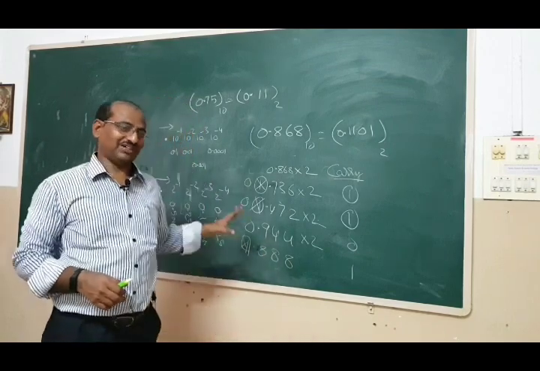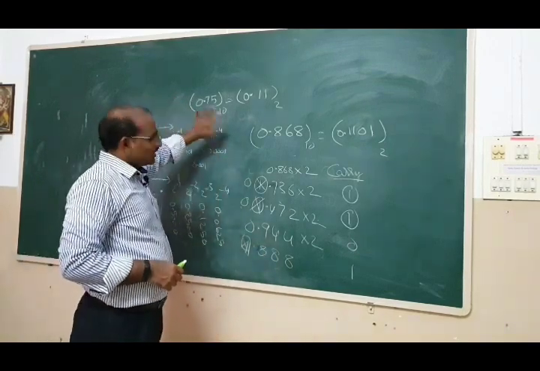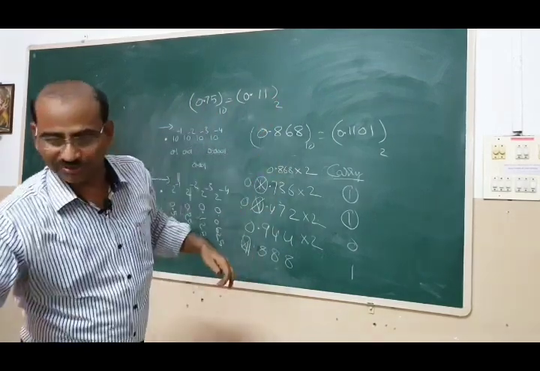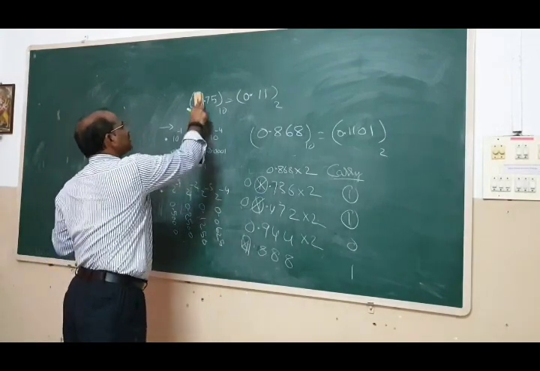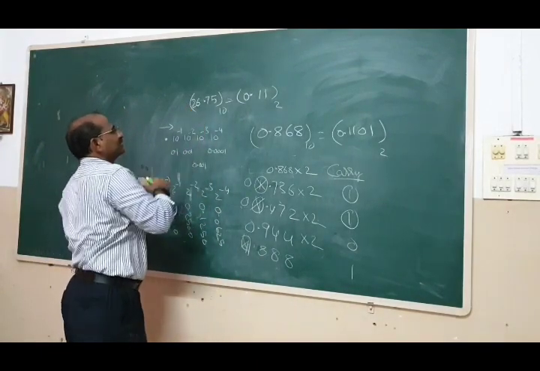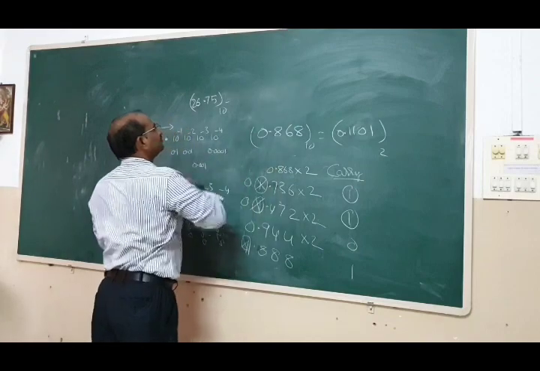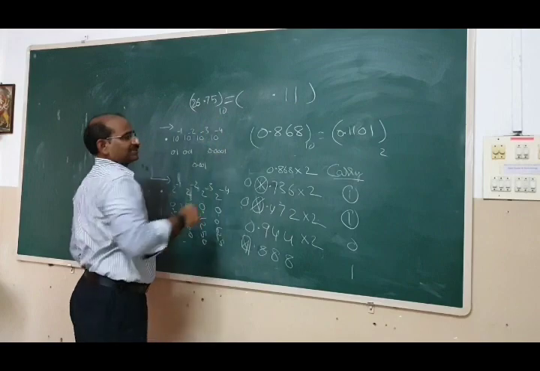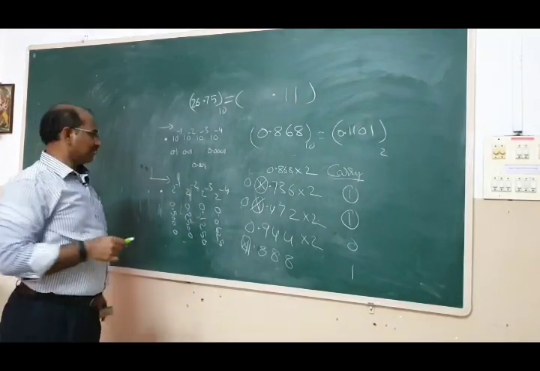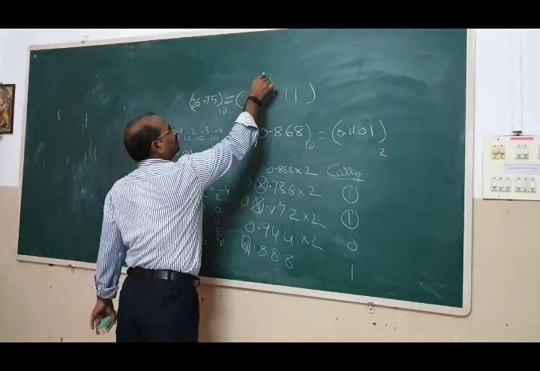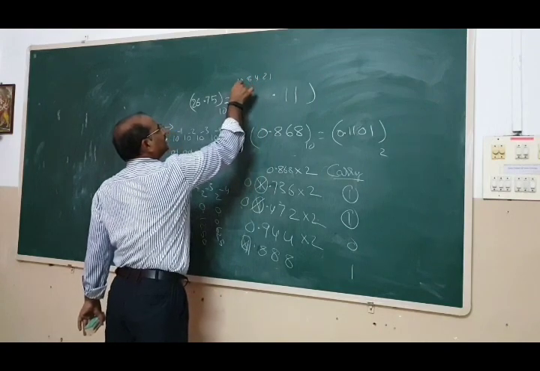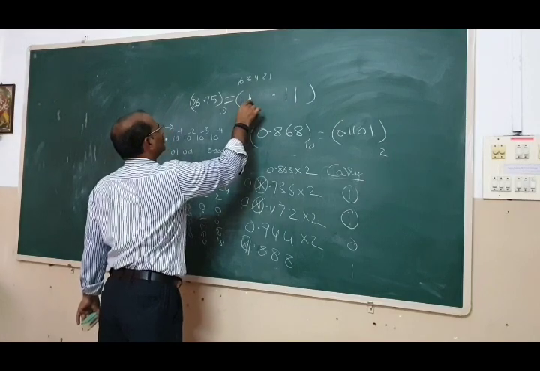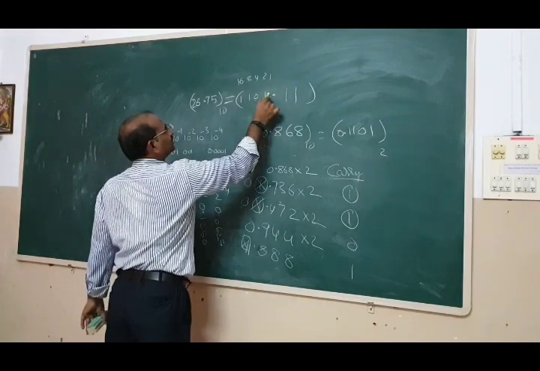Okay, many might have already understood. You separate the problem: 26 you do separately and 0.75 you do separately, and you add both. Sometimes they will ask like this, 26.75. So 0.75, and 26. Earlier we did it already. Or we use 1, 2, 4, 8, 16. 26 means 16 plus 8, 24, plus 2, 26. So like this.